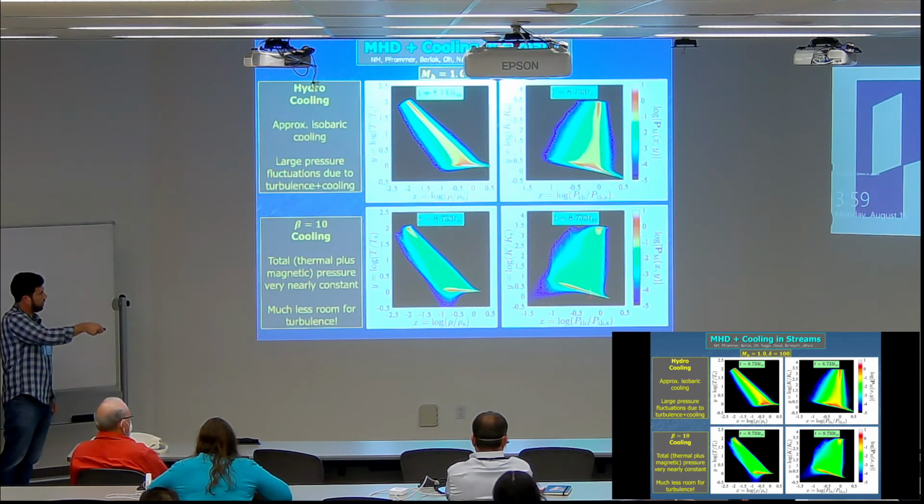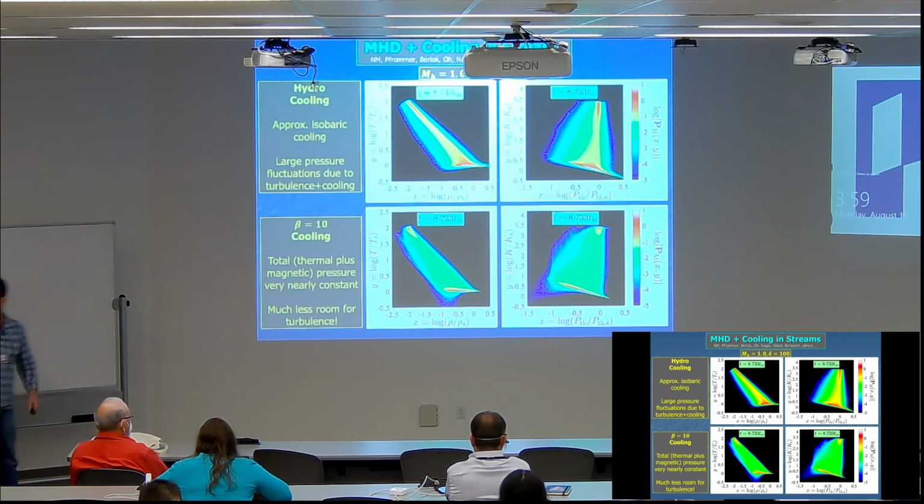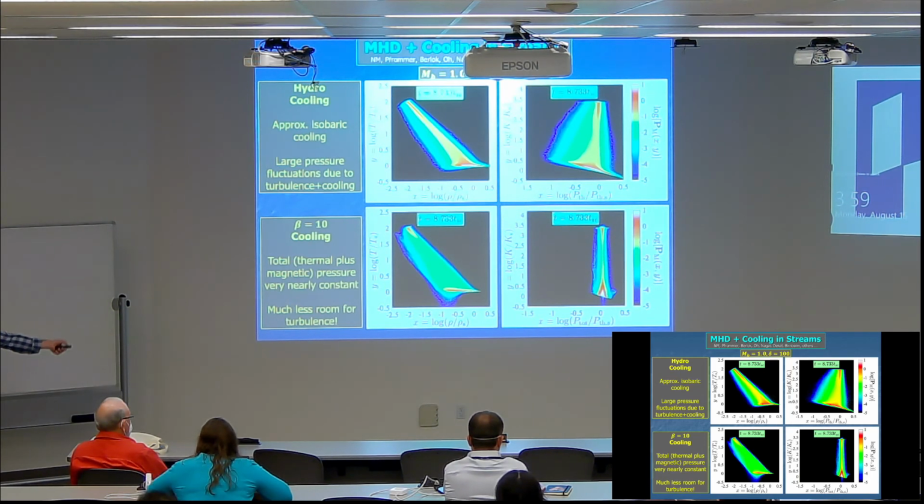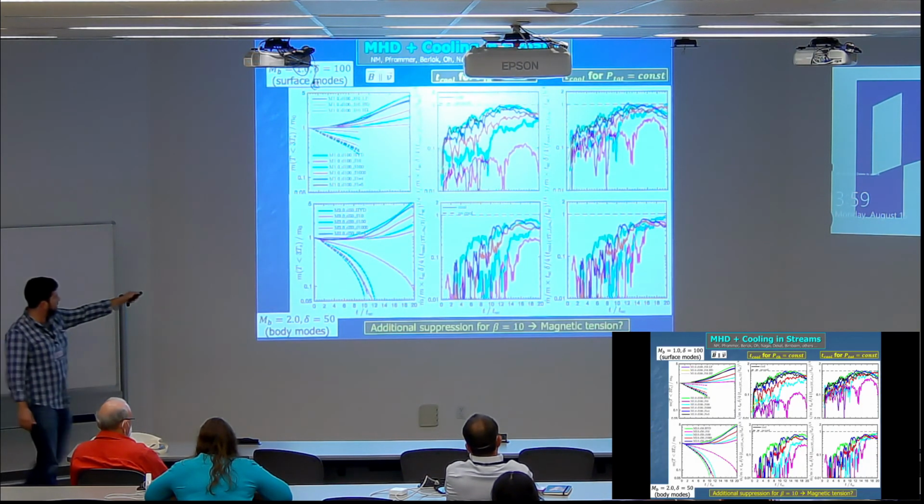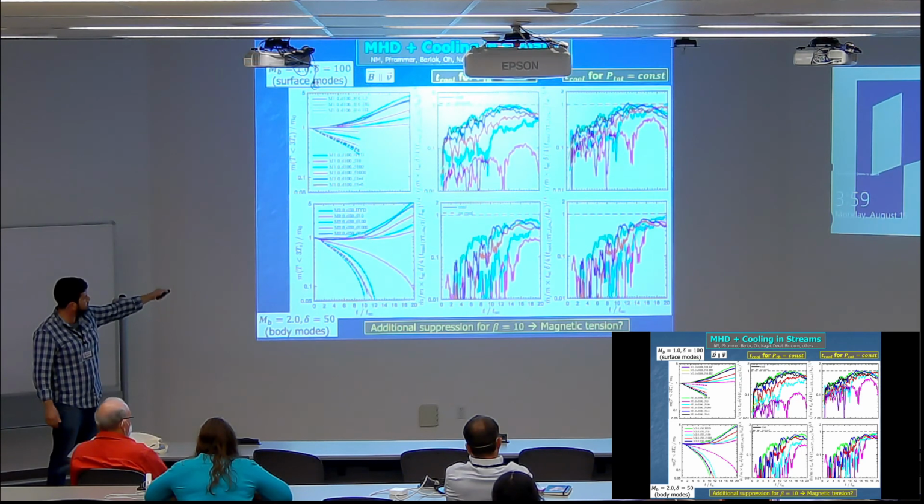You can't really see that ridge line anymore because the entrainment rate is so suppressed, but change the x-axis from thermal pressure to thermal plus magnetic pressure, and everything is really isobaric now. There's very little room left for any kind of turbulence, which is inducing the mixing, and everything is really happening at constant total pressure, and that allows us to explain the difference in entrainment rate, certainly most of the